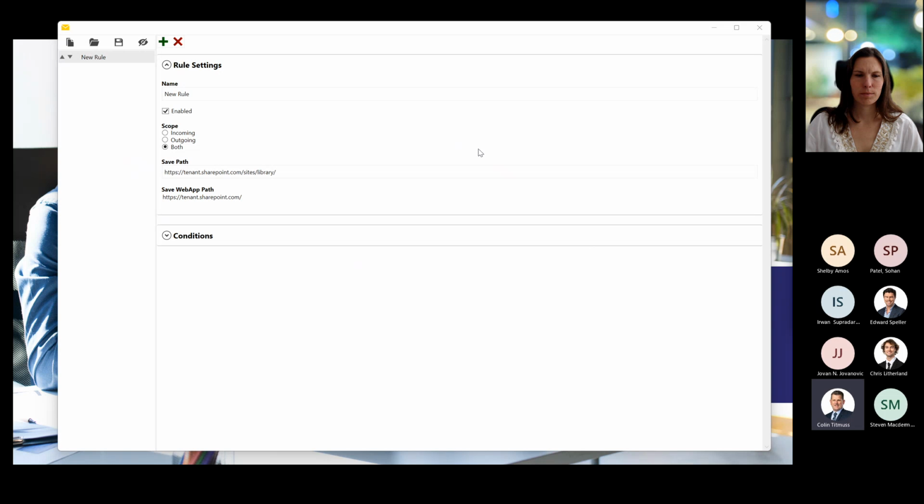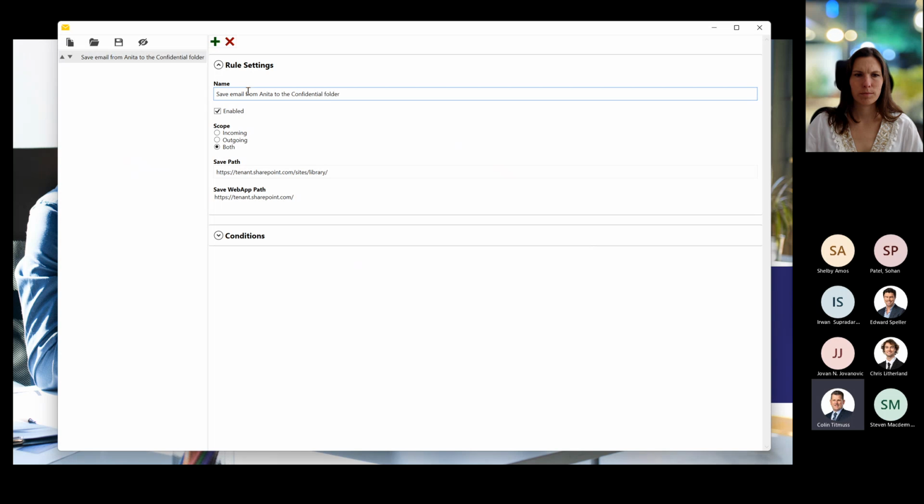Right. So first step, we give the rule a name. If an email comes from Anita, I want to save it to a particular folder. It only makes sense in this case to have it for incoming emails, not both incoming and outgoing. I can turn the rule off in my rules file temporarily if I need to as an administrator, but I'll leave this one on. And then we're going to specify the save path, which I can